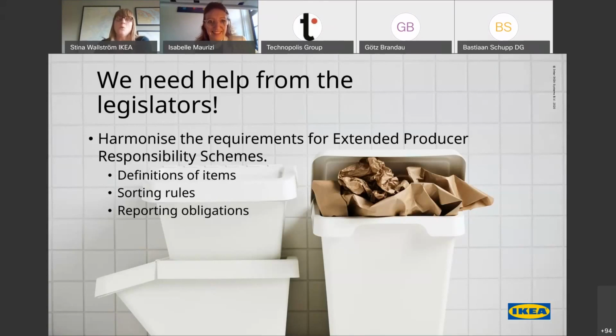However, we need harmonization. Today, all different EU member states define what items we should return, how they should be sorted, and how they should be reported in their own way. And that is unsustainable. The amount of bureaucracy this creates is enormous.